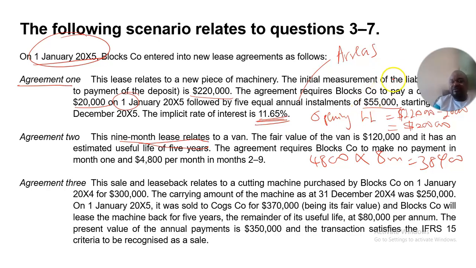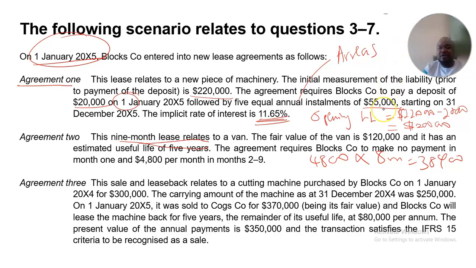Have we tried to come up? We are told that there is a month we are not going to pay. We are only going to pay 8 months, even if this is a 9-month lease. All right, so the question now is saying that